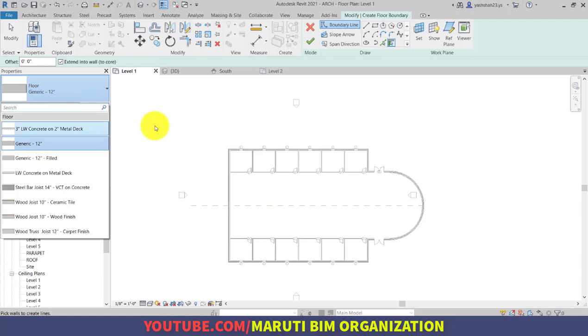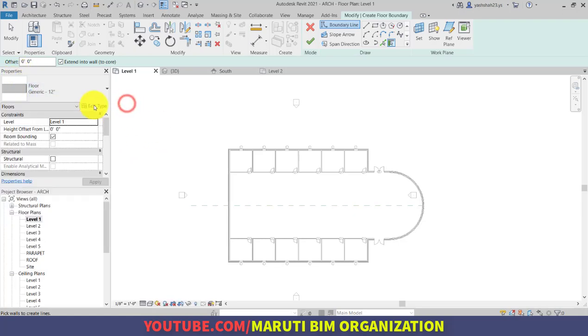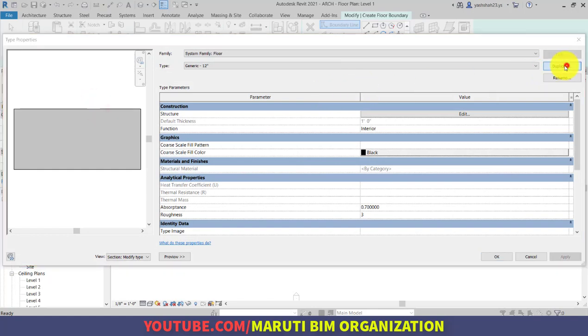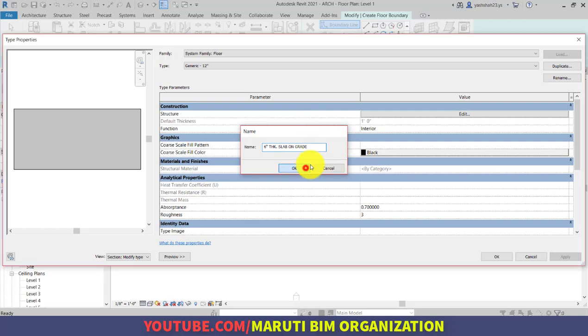So I want to go to Edit Type and click on Duplicate, and let us say we want to use a 6-inch thick slab on grade.